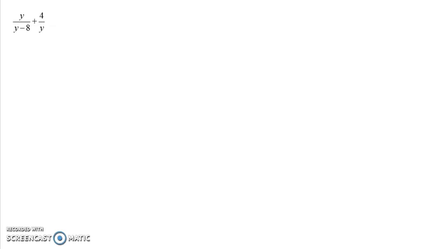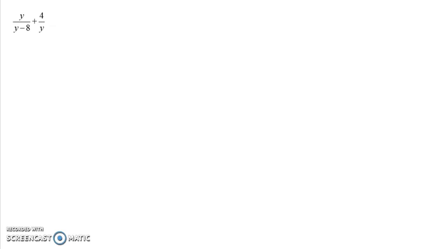Look at this example. We're adding two fractions. For the first one, we have y over y minus 8, and our second fraction is 4 over y. You're going to notice that these two fractions do not have a common denominator, right? And that's going to be one of the first things we're going to need to do so that we can